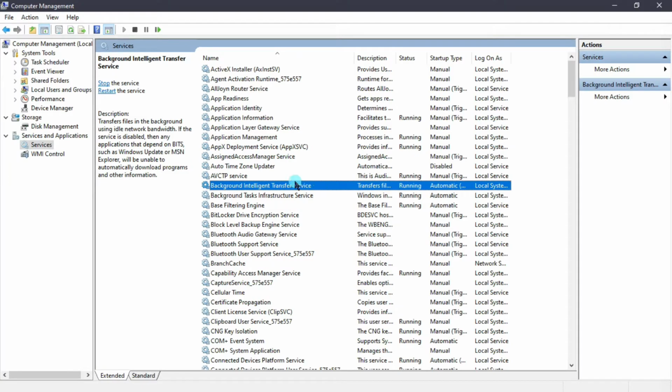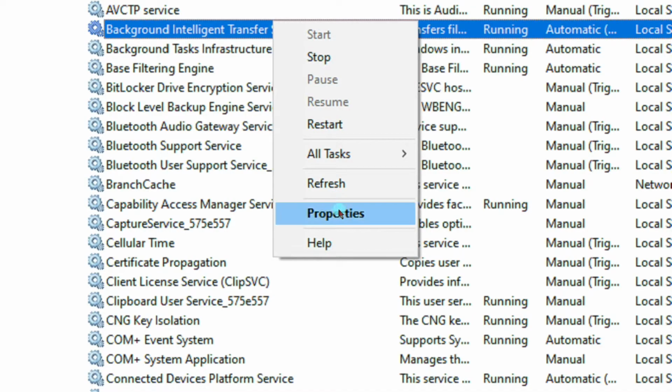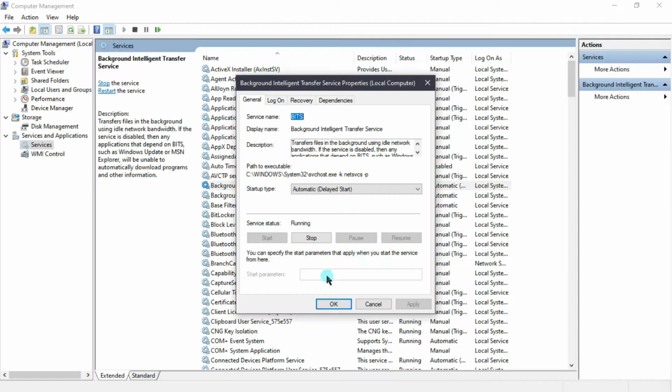In this service, just left click and go to Properties. Here you can see this service is running, and in the description you can read that it transfers files in the background using idle network bandwidth. If this service is disabled, then any of your applications such as Windows Update or MSN Explorer will be unable to automatically download programs and other information.